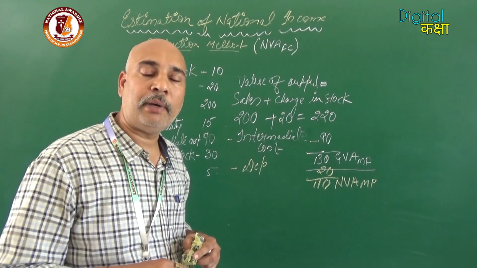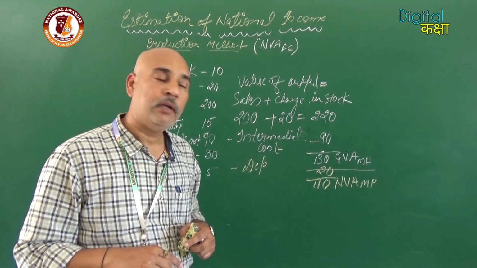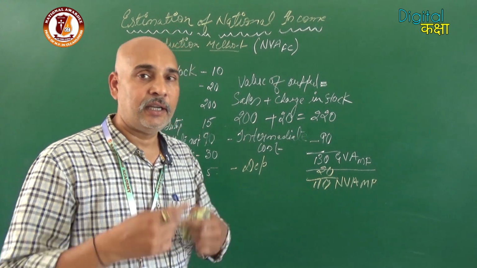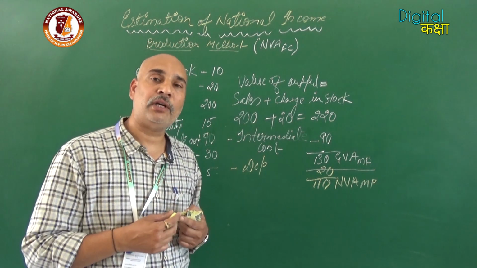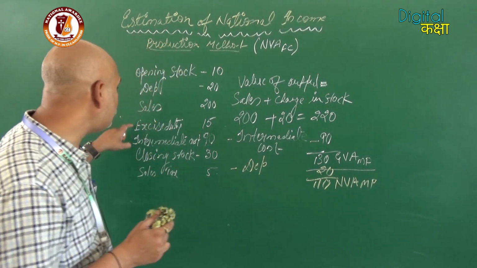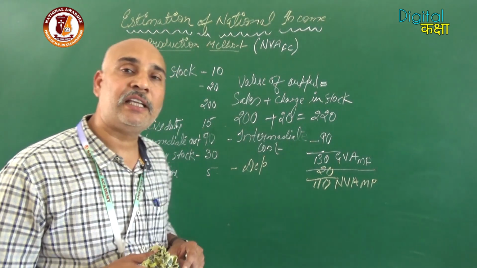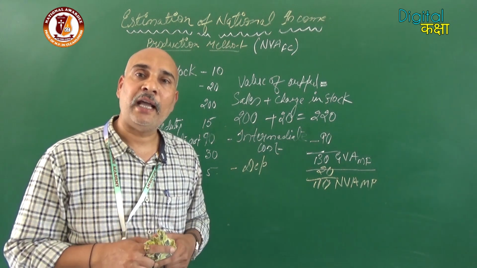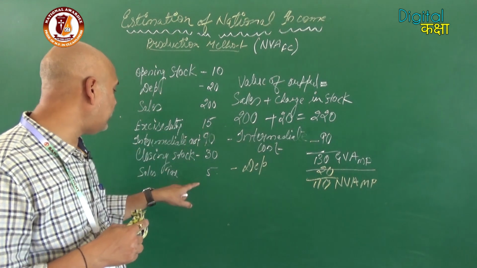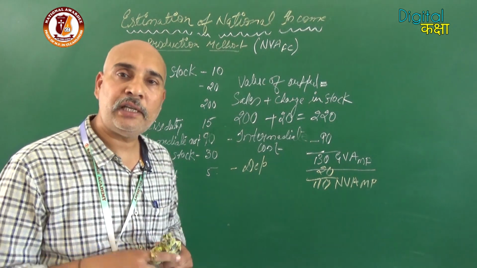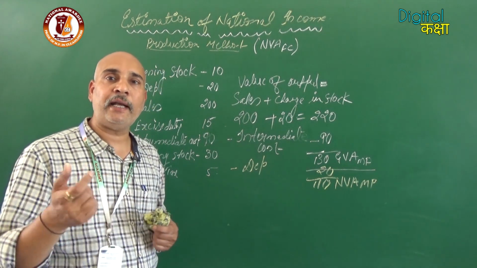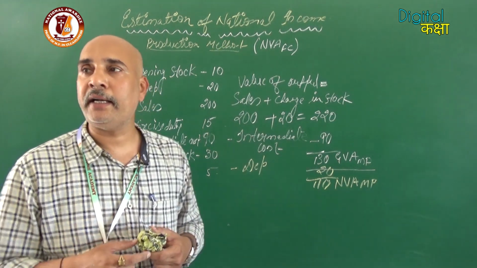Now we have to convert into FC, which is asked in the question. That is market price, we have to convert into factor cost. So what item will we use? Net indirect taxes. Once again it is not given clearly. In place of the indirect taxes, excise duty and sales tax are given here. These are examples of indirect taxes. So the sum of the excise duty and sales tax is 20, 15 plus 5, 20, and subsidy is not given. Indirect taxes minus subsidy is equal to net indirect taxes.